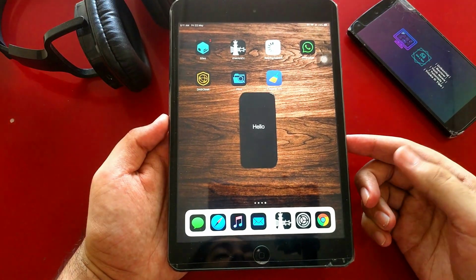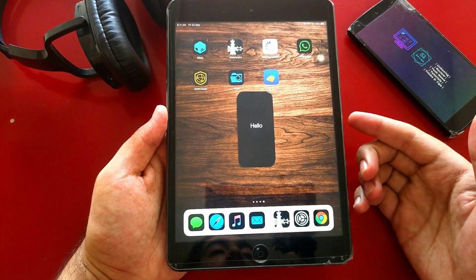So this is how you can jailbreak the latest iOS 13.5 and 12.4.7.